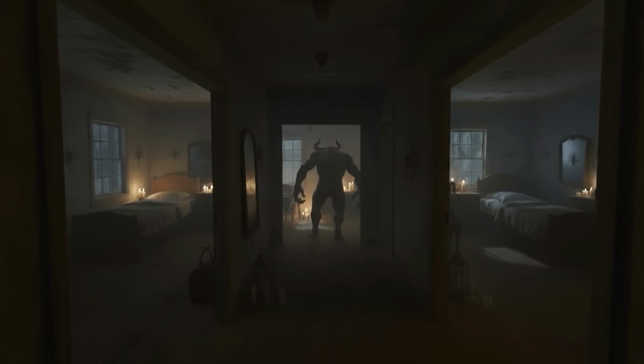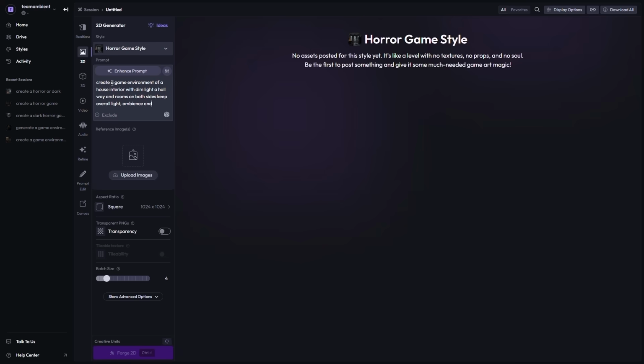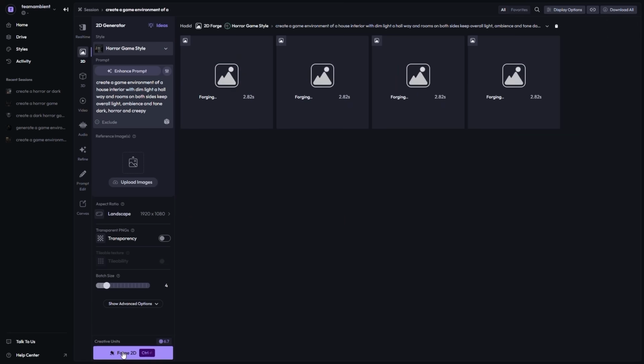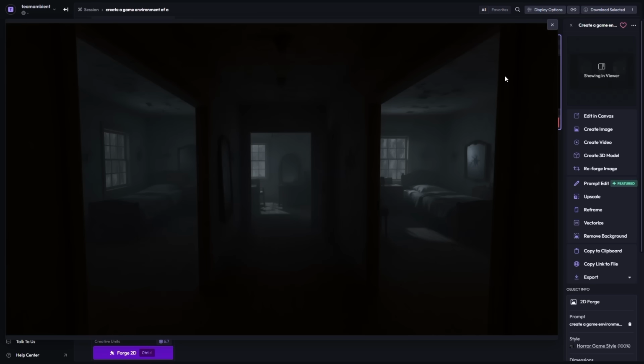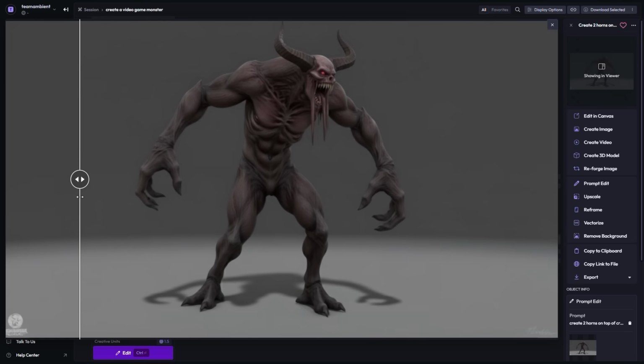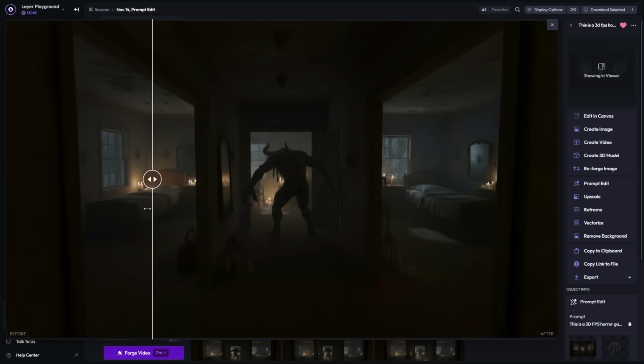This is not from a game. It's a monster concept we created for a horror game in under an hour by using Layer. Let's take a look at how we did it. Our main goal was to create an art style that stays consistent, so the monster actually feels like it belongs